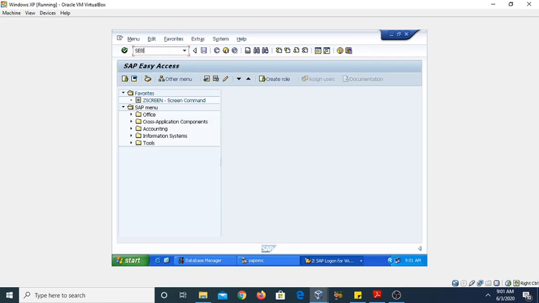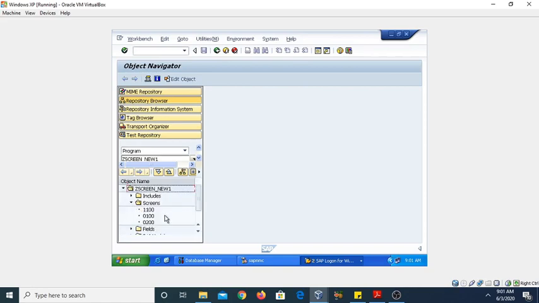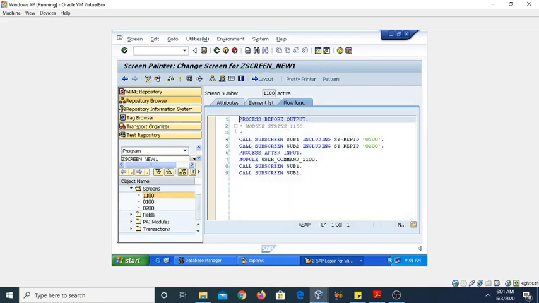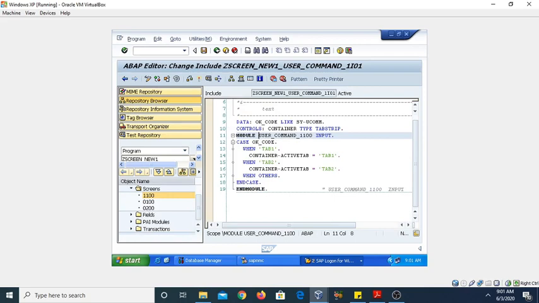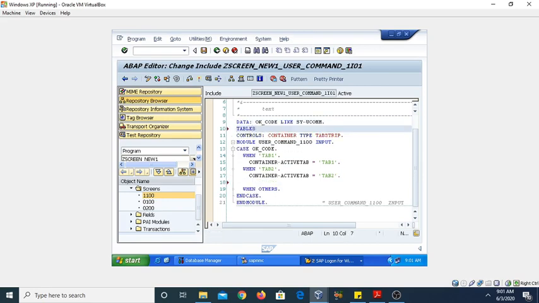Go back to SE80, go to the main screen. Now make it editable. Go to the user command, and on the basis of a selection condition we can select the data from SFLIGHT. So here we need to declare the table. This is TABLES, and the table in my case is SFLIGHT. Now we need to apply the selection condition. So SELECT SINGLE * FROM SFLIGHT WHERE